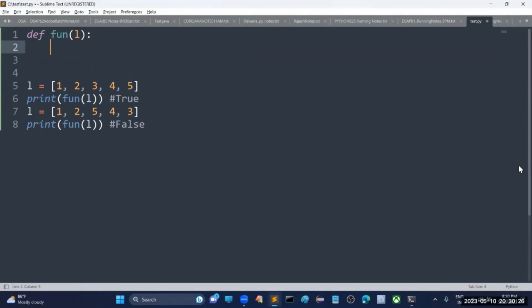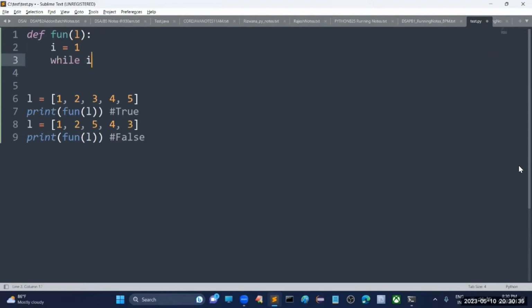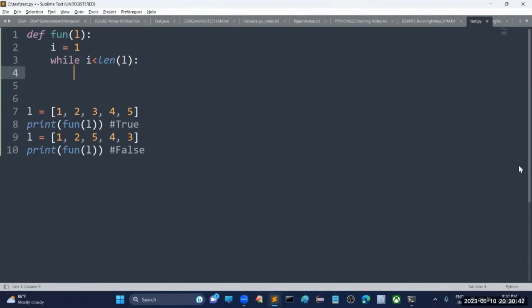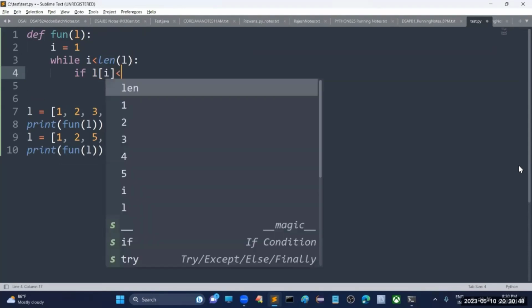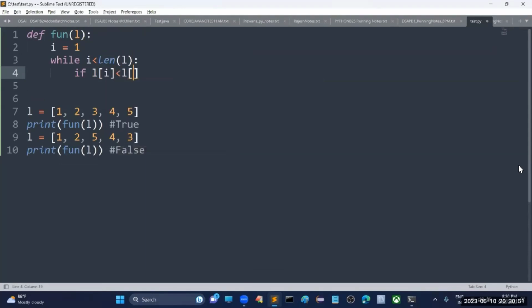First I will go for the normal approach. I am initializing i is equal to 1. Until the value of i is less than the length of the list, I will compare two elements. If your second element is less than the first